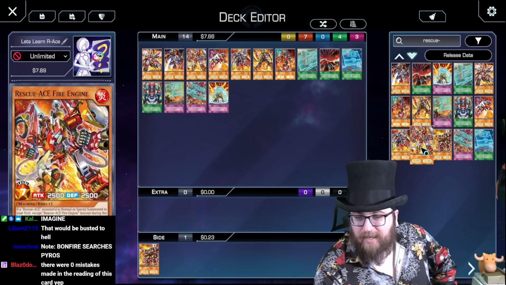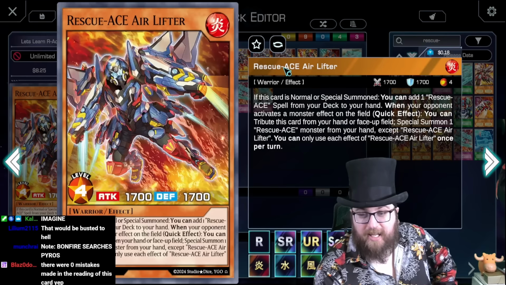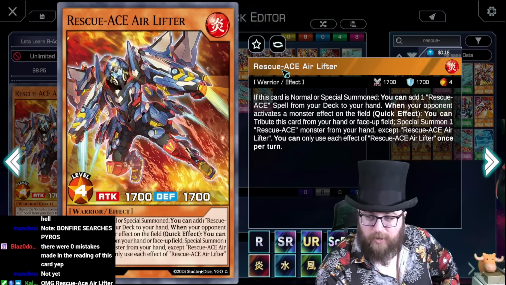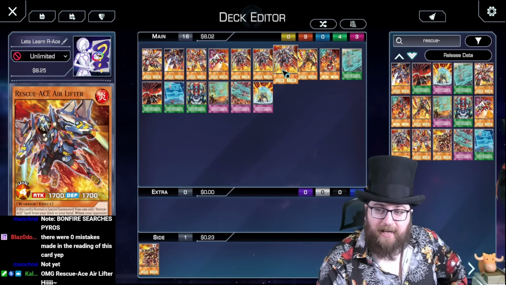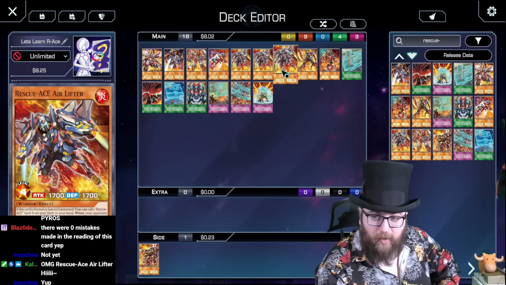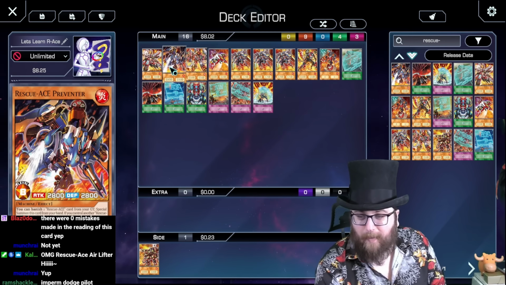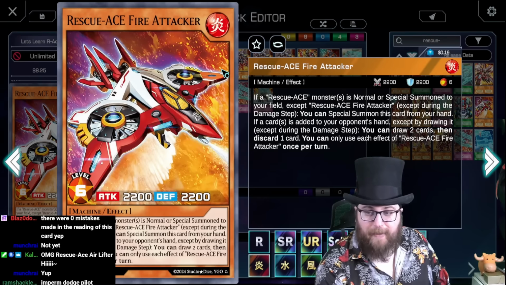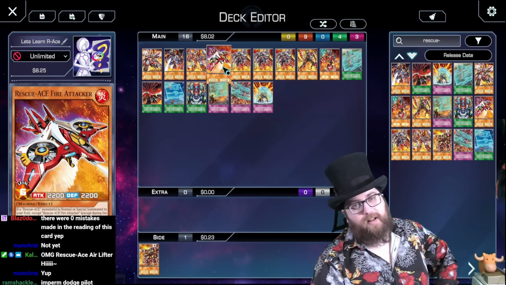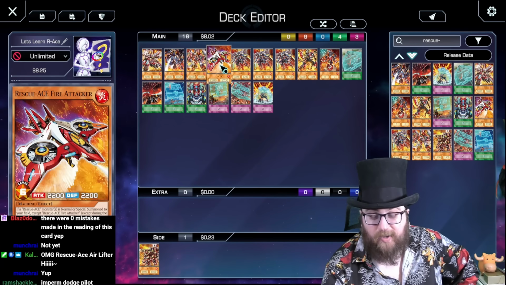Alright, so I'm going to go ahead and say that is the first 3 of that we want to put in here. Being able to search any spell is really good. If nothing else, it gets you to the HQ, so going first you want that. And that hand trap effect is something that will absolutely be useful going second. You know, if your opponent normal summons a Stratos or something similar, they start doing stuff, then you can put any of these on the field, and suddenly being able to put Fire Attacker or Fire Engine on the field while your opponent is comboing off, so that you can essentially fix your hand or put more stuff on the field, that's pretty...